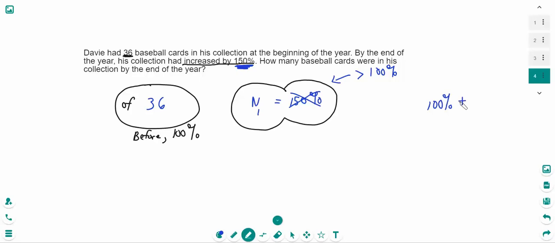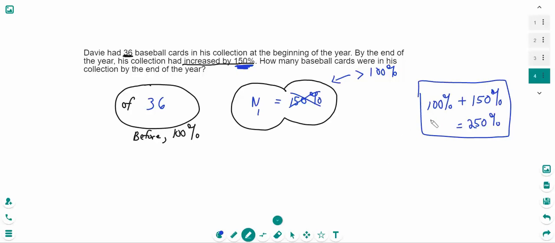It went up 150%. Okay? So that means its new percentage is 250%. Okay? Make sure this part is clear in your mind because that is where you will make the mistakes if you're not careful. All right? So, in this double bubble, the percentage that we're looking for is actually